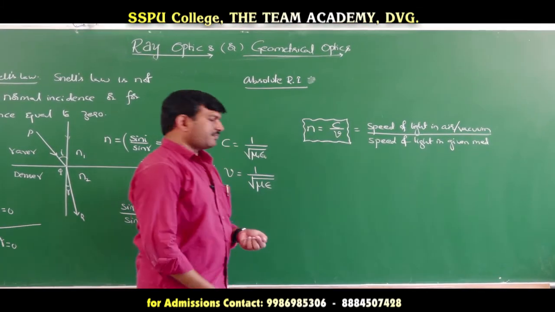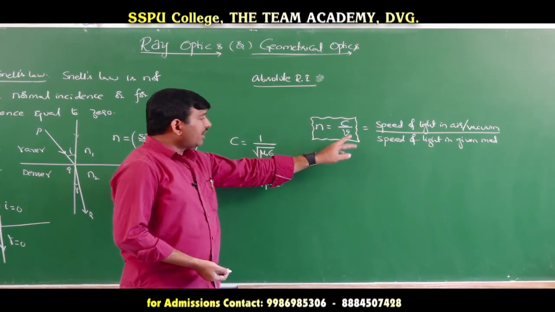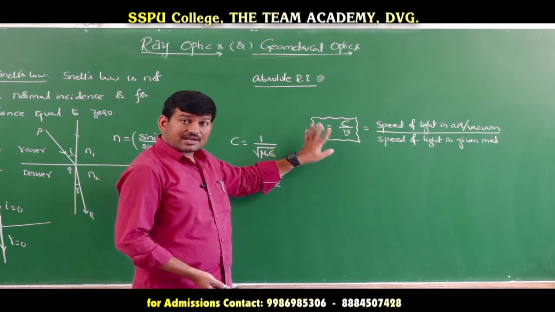Now, what does it say? Absolute refractive index is defined as the ratio of